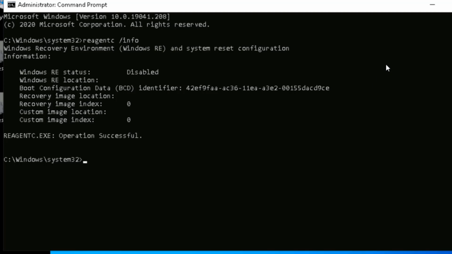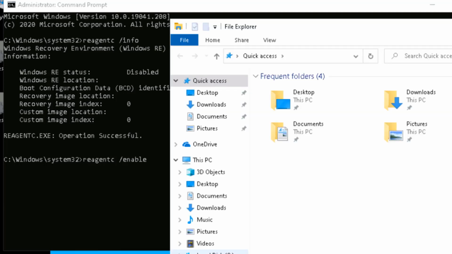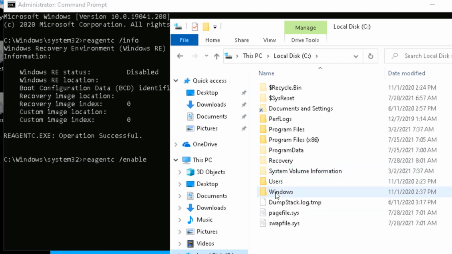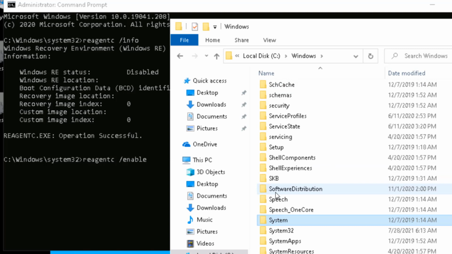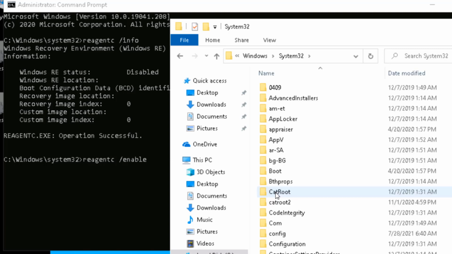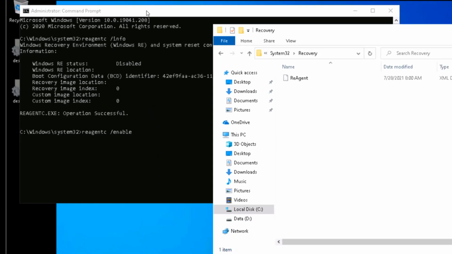So if I try enabling it, if I say reagentc /enable, it will give error, but what it will actually do is it will copy that recovery from that recovery partition to the staging. So as of now, if I go here, C drive Windows, System32, recovery, you can see that there is no file here, but if I enable it,